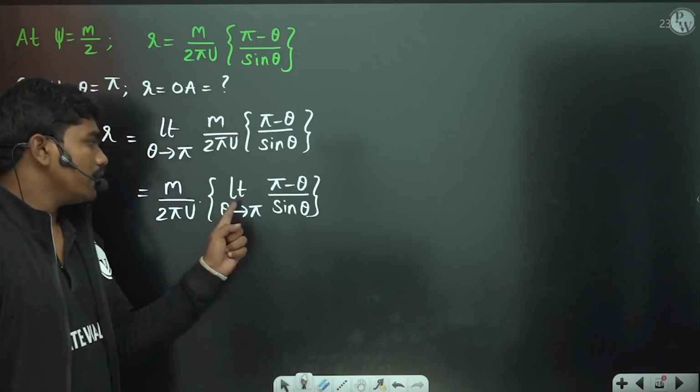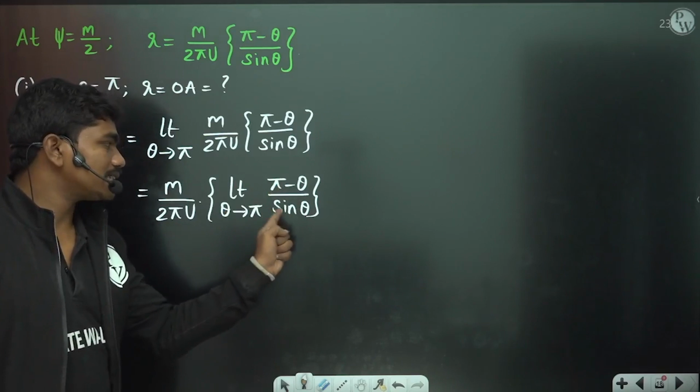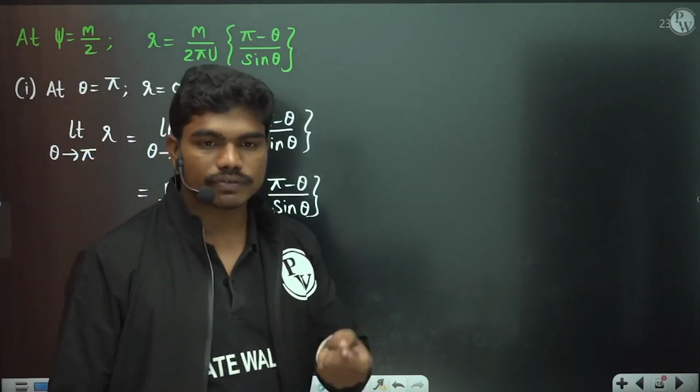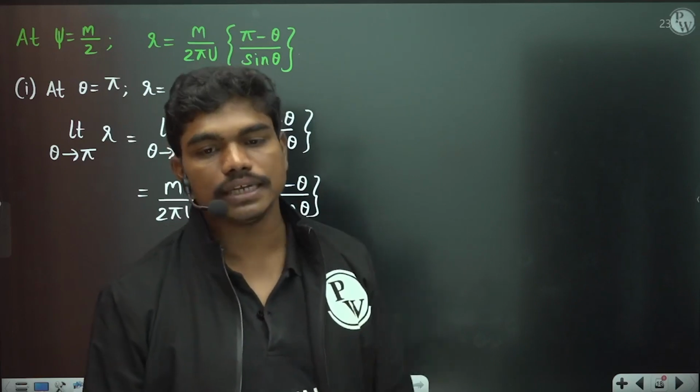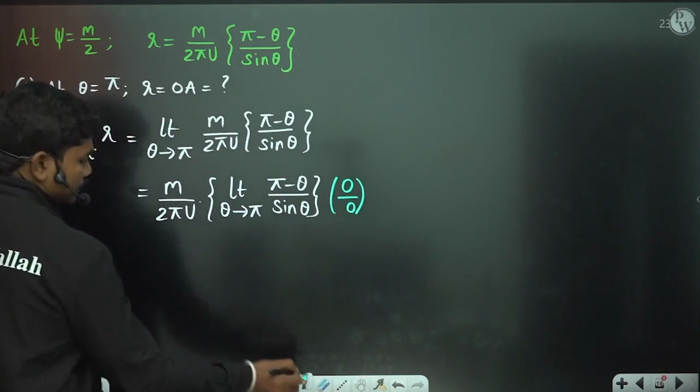Now please tell me one thing. When you put theta equal to pi, pi minus pi is 0 divided by sine pi, which is also 0. So you are getting 0 by 0 form. So in limits, when you get 0 by 0 form, what do you do actually? This is 0 by 0 form. So therefore, this can be written as